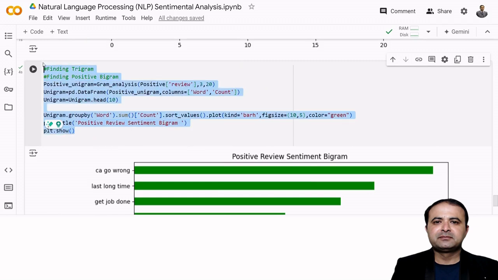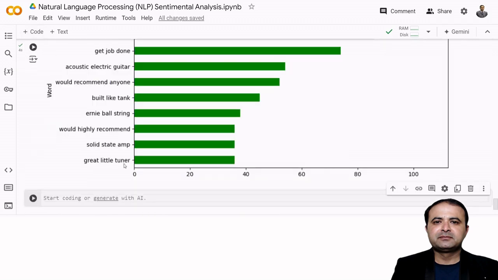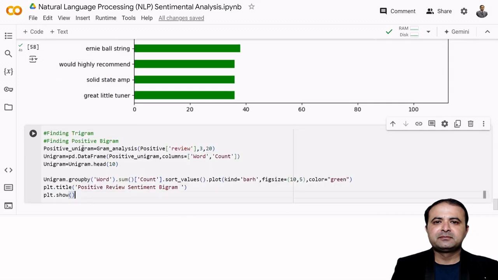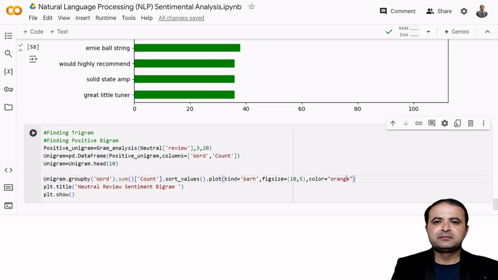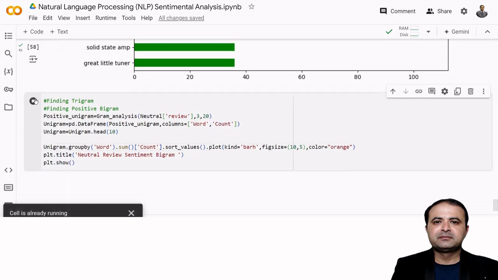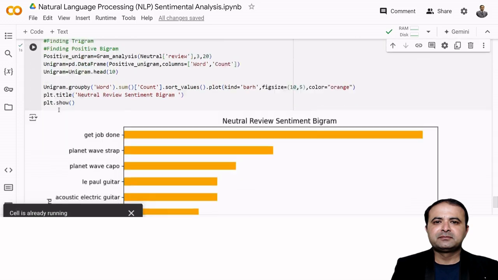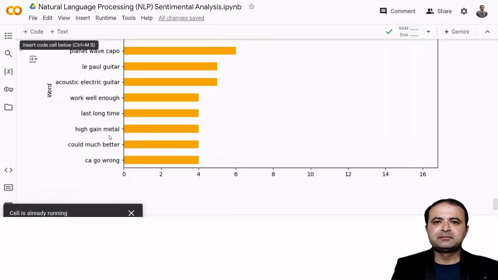And this is your choice, like if you want to find out for all, the three word for the neutral. The three word for the neutral color, that is a red, like orange. It is your choice, like which color you want to mention. Very nice. The similar, the last one basically,